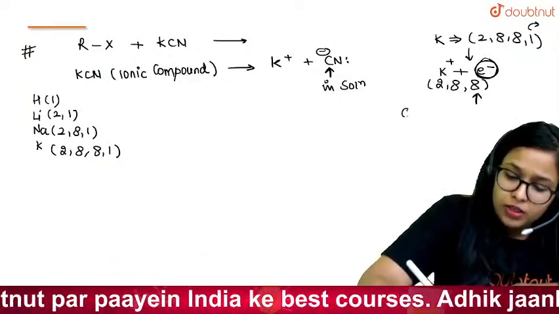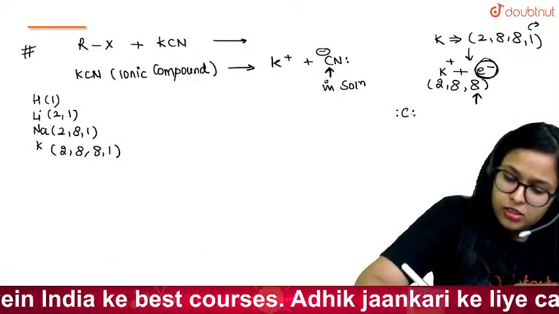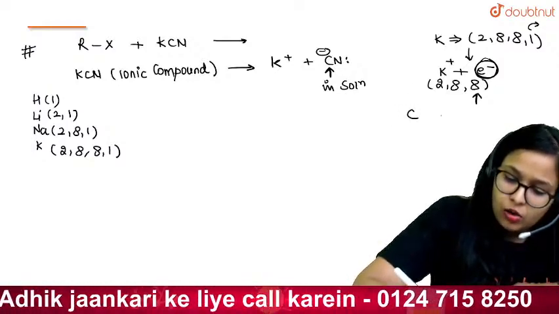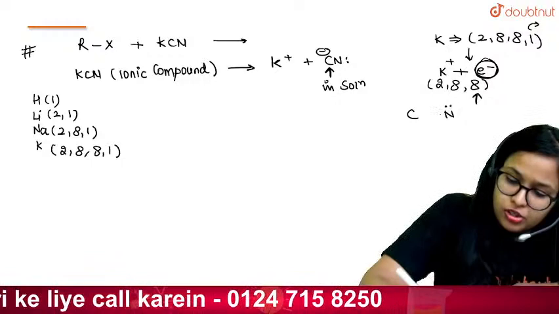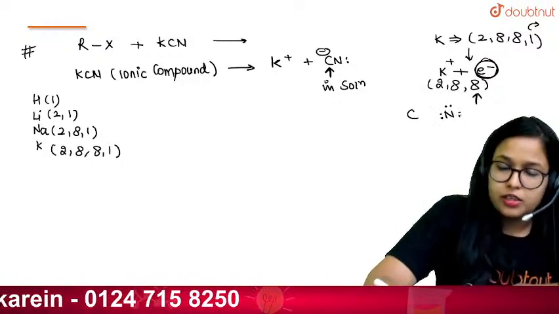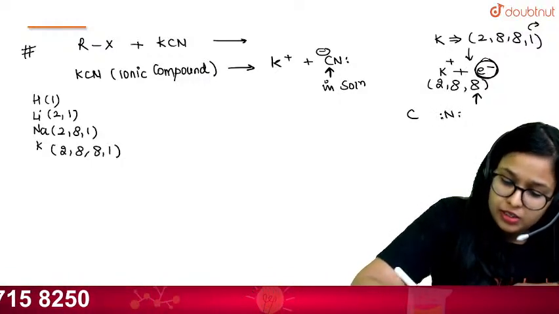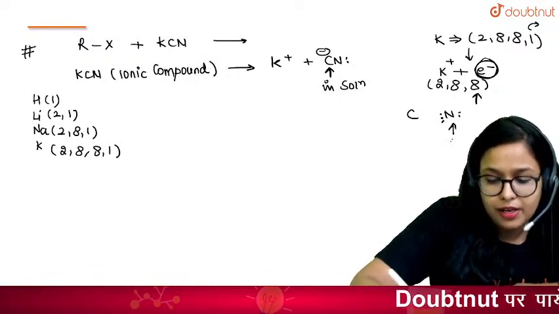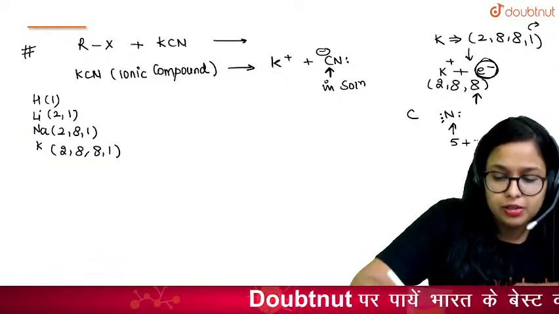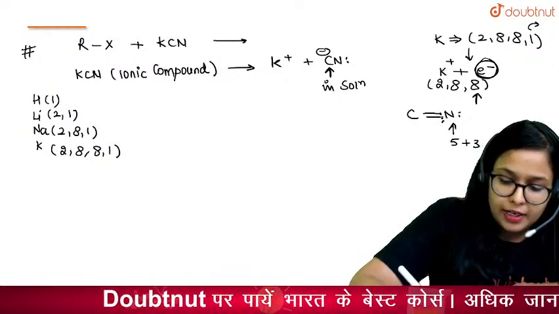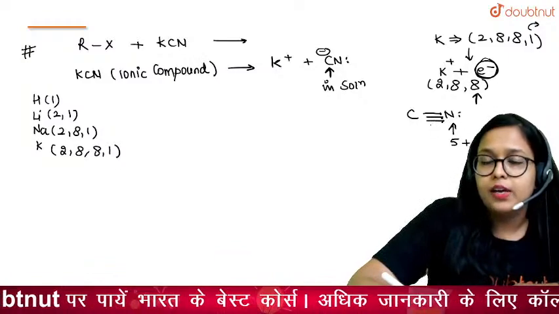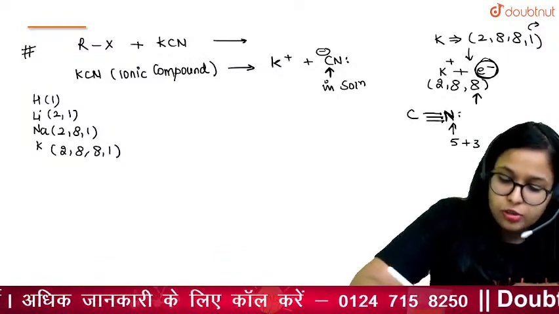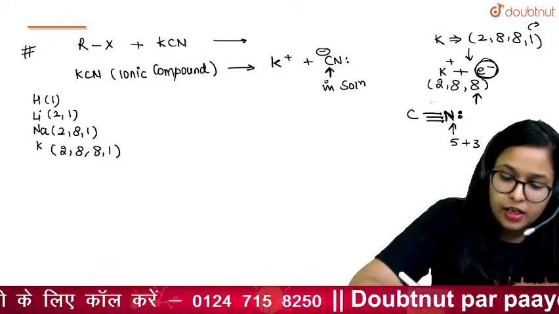If I talk about carbon, carbon has 4 electrons in the valence shell, and nitrogen has 5 electrons. Nitrogen needs to complete its octet. It should bond. It only has 5 electrons in the valence shell. It requires 3 more electrons. So carbon and nitrogen bond themselves with 3 covalent bonds, because in this case nitrogen now has its octet complete, because